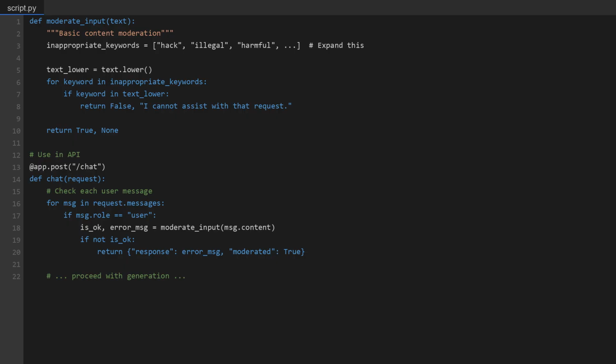If flagged, the API returns an error response with a moderation flag in the JSON, and the model never sees the input. The keyword list shown is a minimal starting point. Expand it based on your use case and user base. For higher stakes applications, you'd layer this with a dedicated moderation model, but even this simple filter catches a meaningful